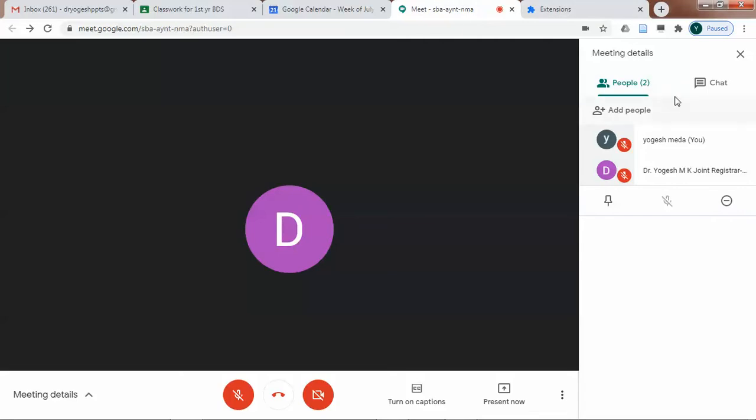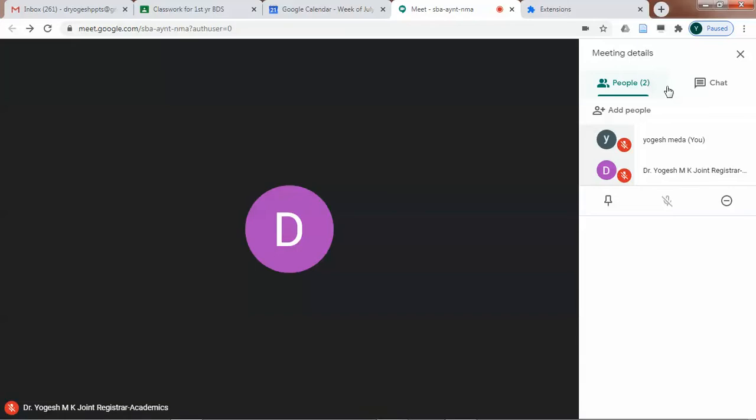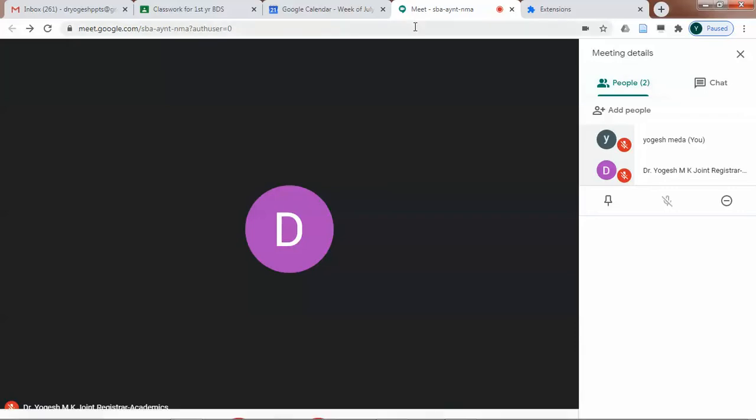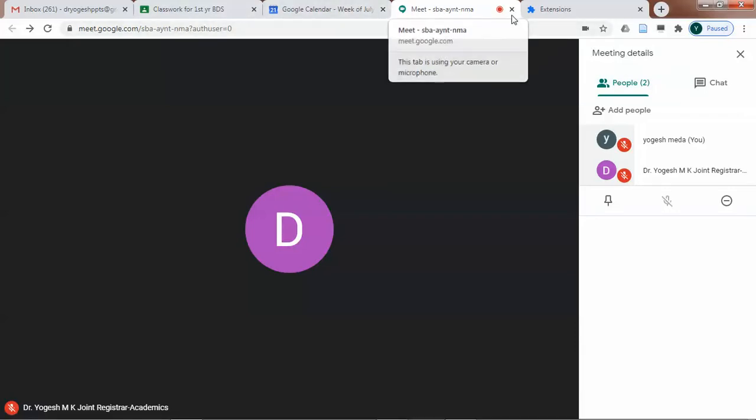there will be one more third icon coming here. That is your Meet Attendance icon. When you click on that, the first time it will ask which drive you want to attach this to. Because whatever this attendance is, it will go to that particular drive in the form of an Excel sheet. So all the participants' attendance gets recorded over there. Let's try doing that.